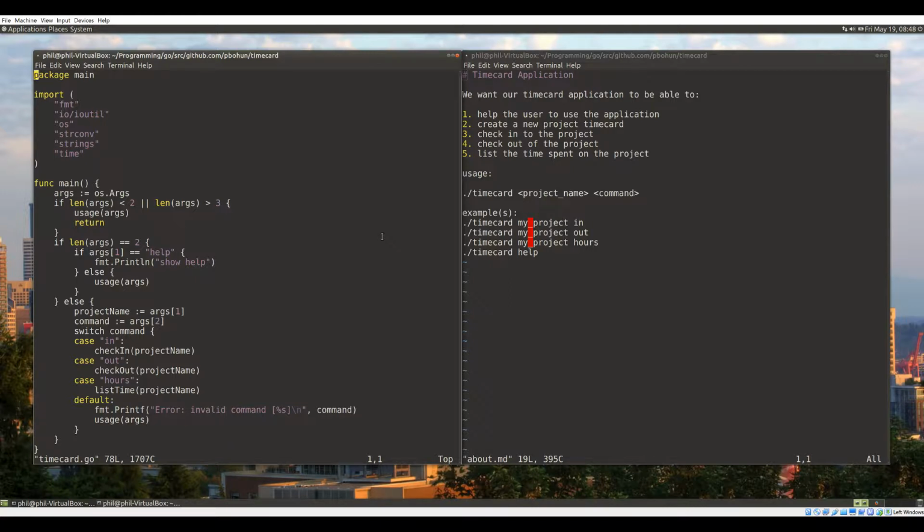In this episode we're going to build the last pieces, including a help functionality and error checking. So let's go ahead and get started on that. Let's go ahead and build our help